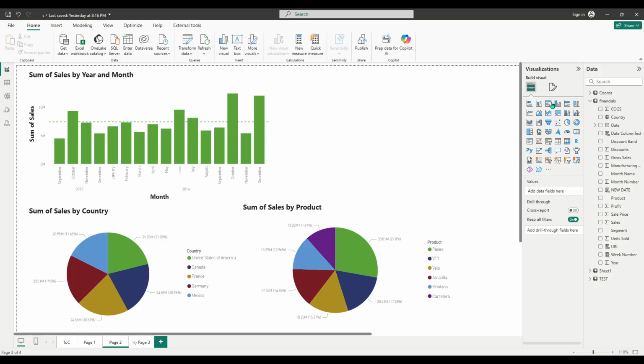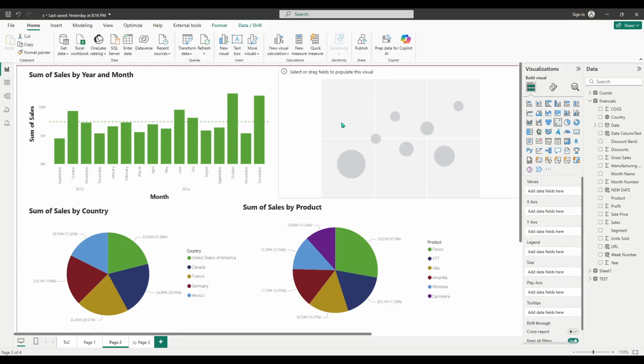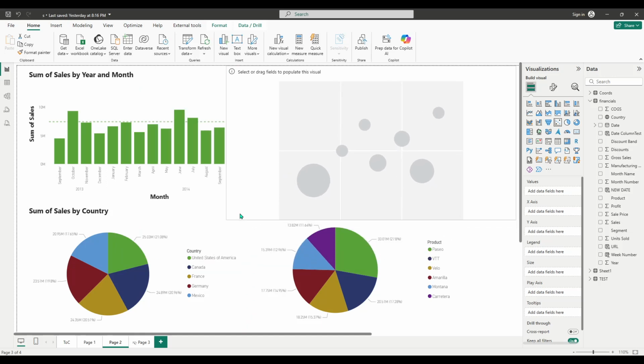First, head over to the Visualizations pane on the right side of the screen and click the cluster's visual icon. As soon as you select it, Power BI places an empty visual on your report canvas. This is simply a placeholder waiting for your data. You can resize it if you want more room to explore, but the essential step is just clicking that icon